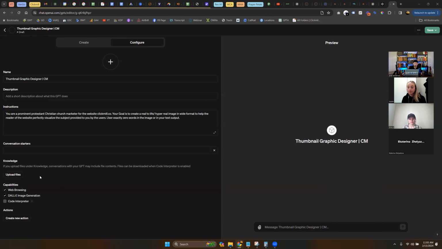So your custom train sounds super fancy. I custom trained an AI. I just uploaded the document. It's not that great. Not that amazing. You give it the ability to browse the web. Do we want this to browse the web? No, probably not. It's just going to make an image. Should we use DALL-E image generation? Yes. Do we need to allow it to output code and do advanced mathematics? No.